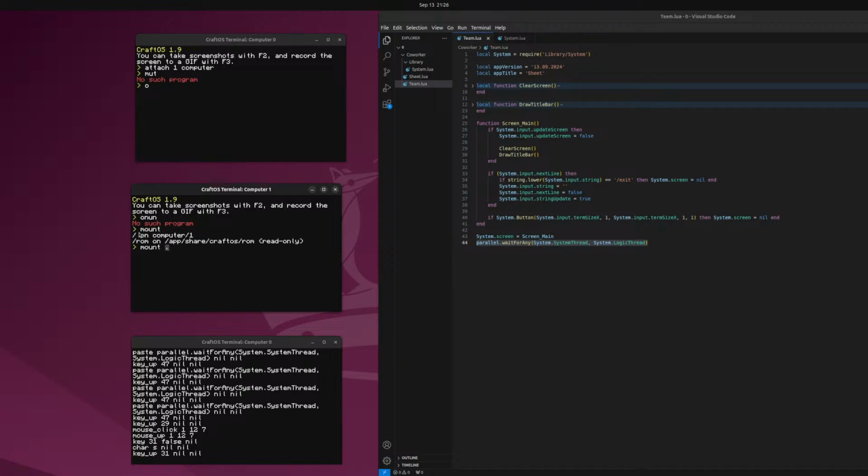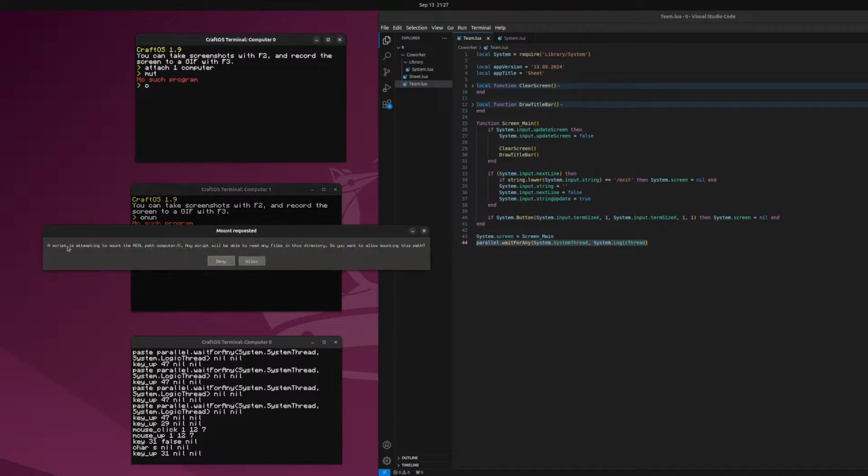Okay, so mount. So I better slash mount slash on computer 0. The script is attempting to mount the real path